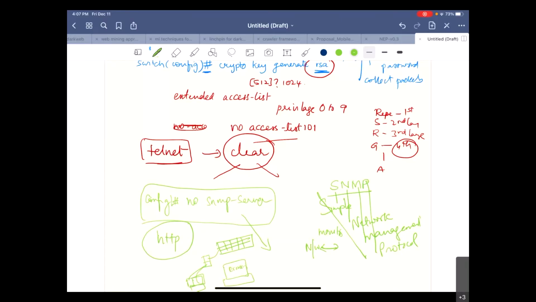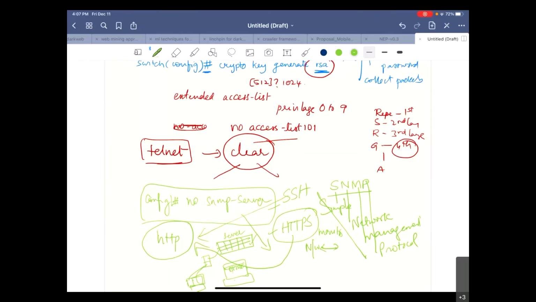Am I right? So for configuring through GUI, you require the HTTP server enabled at the switch, so that directly you can access that switch through its IP address from this desktop itself. Easy to configure, but plain text data transfer, so instead of using HTTP, better use SSH or HTTPS. HTTPS is more secure than HTTP, and SSH is more secure than Telnet. Telnet and HTTP are clear communication.